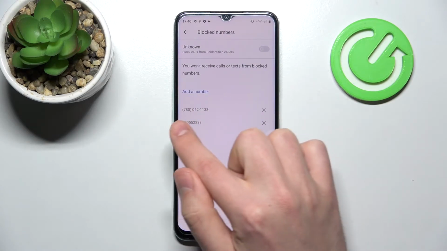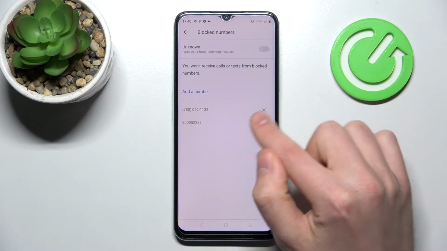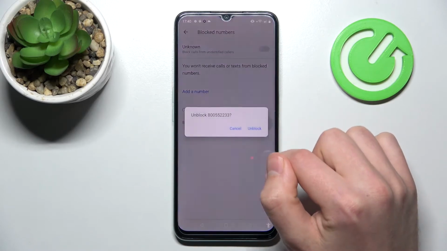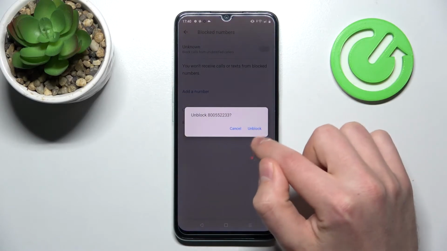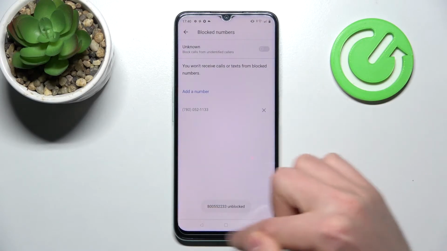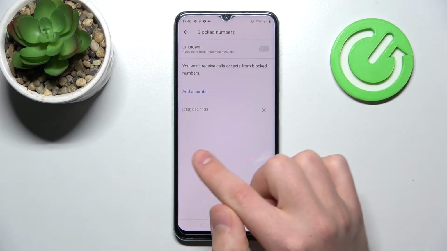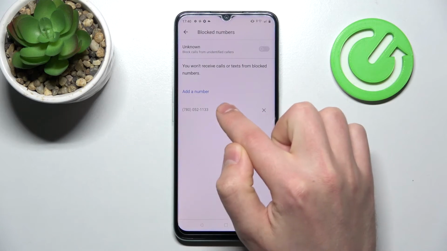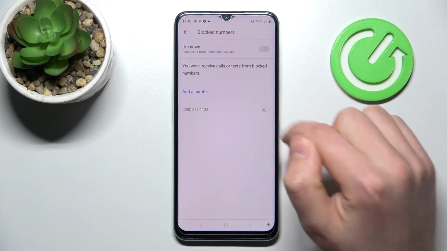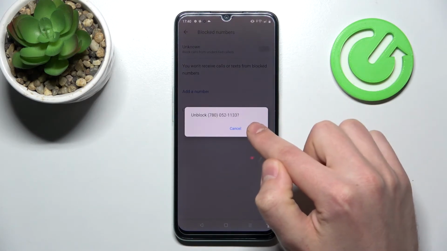So for unblocking, for example, this last number, click here on the cross on the right side and confirm the operation by tapping unblock. And we unblocked this number. So let's try again with this number, and for unblocking click here on the cross. Confirm the operation by tapping unblock one more time,